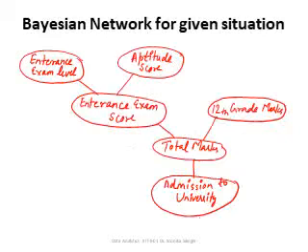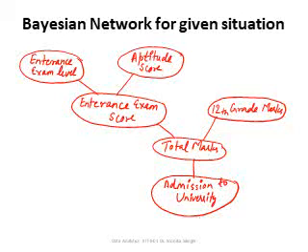So first of all, we draw the network of this situation. So this is the Bayesian network. That means the variables which are considered in the solution of this problem are the entrance exam level, which may be difficult or normal. Then aptitude score is one of the things that is going to constitute the entrance exam score of a student. Then these two things make the entrance exam score.